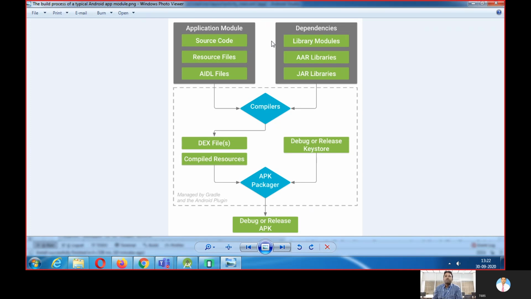generally what happens, we write the source code. Along with the source code, there will be some resource files, and some advanced files like AIDL, Android Interface Definition Language files. Some advanced concepts, used for IPC, inter-process communication. No need to worry about that. So generally we create this, and it will be compiled by compilers. And there will be other dependencies like libraries, AAR files, JAR libraries. All of these will be used and compiled together,